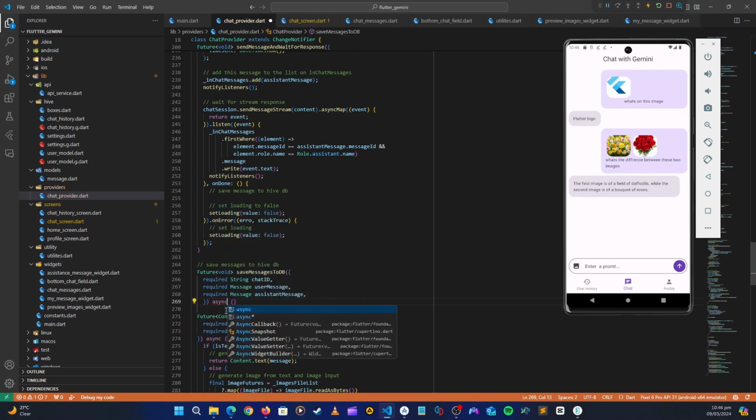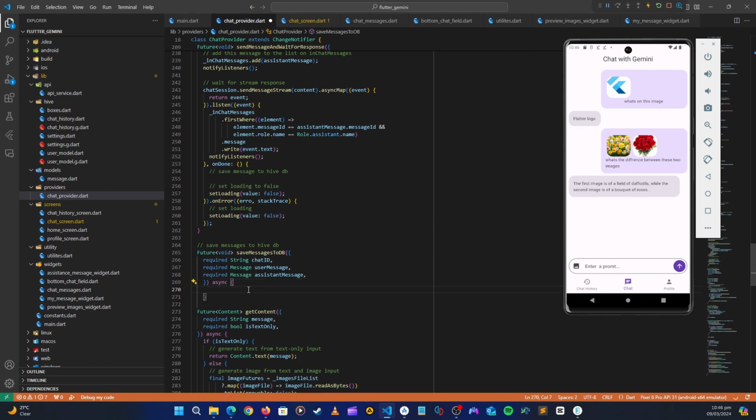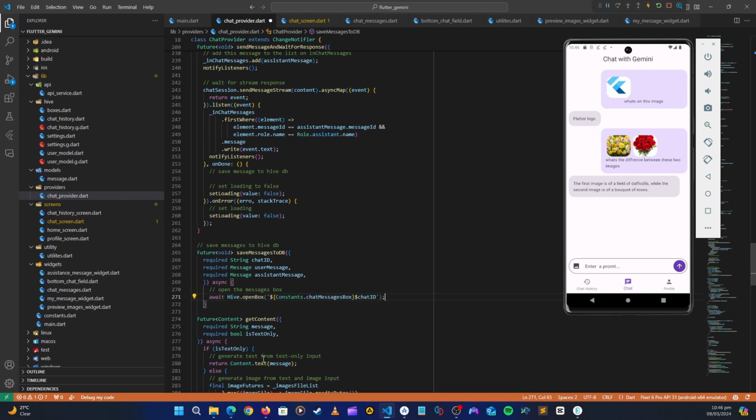This is going to be asynchronous. The first thing we are going to do is open the box of this chat. So let's open the messages box. Await Hive.openBox, and the box we're going to open is chat messages dot this chat ID, because all these messages are going to be in this unique box. We need to get this box, so let's do equals here, and then final